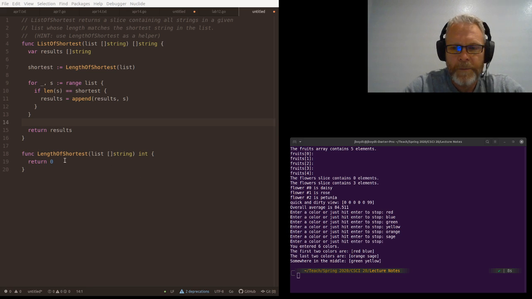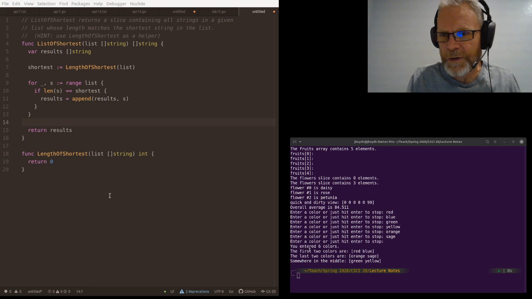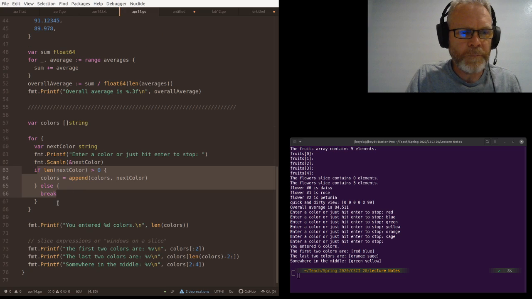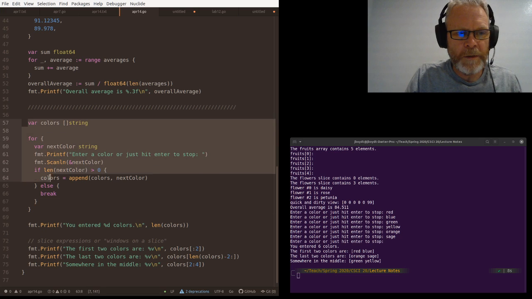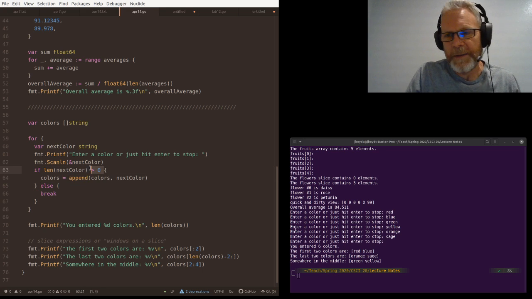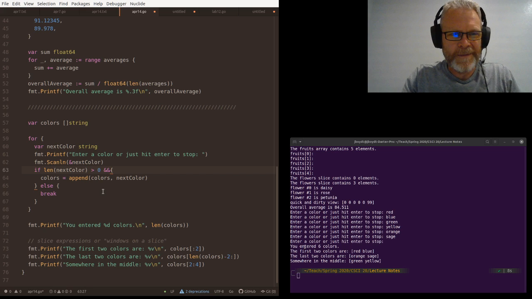Okay, so you append to a slice without duplicating input. Like in my colors thing as an example, I'll show you on colors. Back here in my earlier example when I was doing colors, one of the checks I did to see if I would keep a color is whether or not they actually typed any characters in. But the other thing that I would do here is